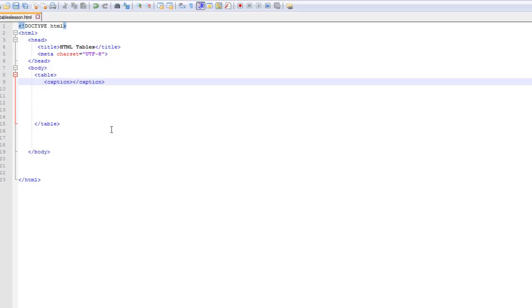I'm gonna call it mobile OS, mobile operating system, market share in USA. Okay, basically this table will give us the mobile operating system market share in the United States. All right,